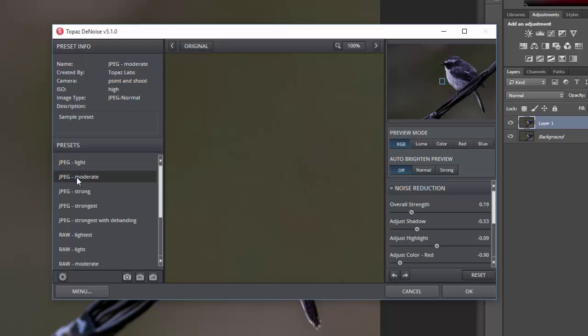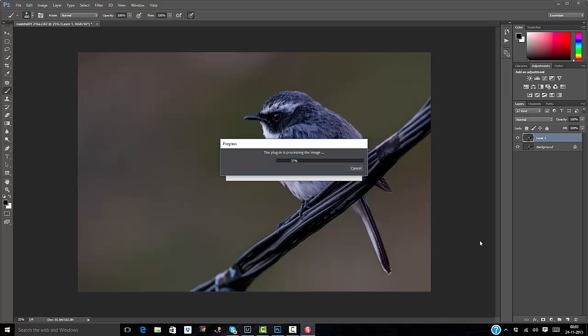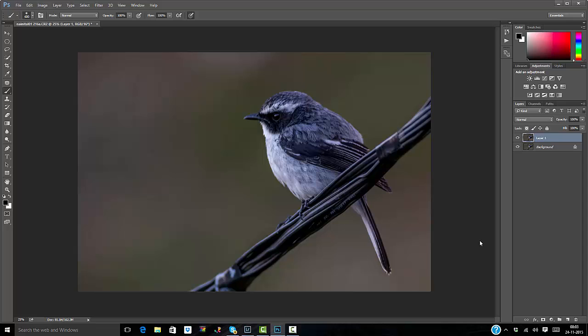And you have certain presets available. I will pick up this JPG Strong. You can experiment with the other presets which are available. Click on it and click on OK. Now you will find that this is getting applied to your image. Okay, so it has got applied to the image, and you'll find that the background has now become quite clear, looking quite soft and nice, but at the same time a bit of degradation of sharpness in the bird has also come in. So we are going to again flatten the image,